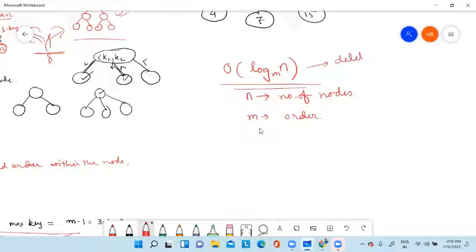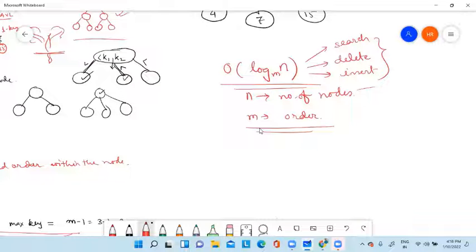Okay, so this is the time complexity for any node. If you want to delete, if you want to insert any node, if you want to search any node, for all the cases the time complexity is order of log n base m, where m is the order of the tree. If your order is odd number, then it is very easy to decide the median element.